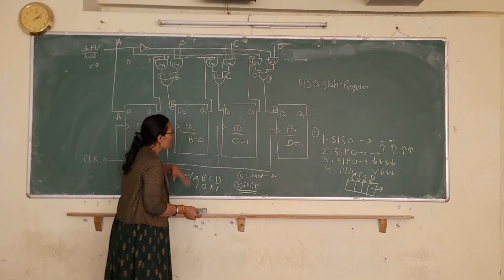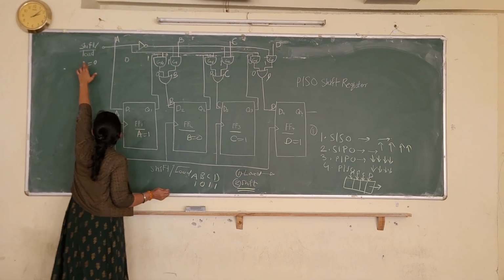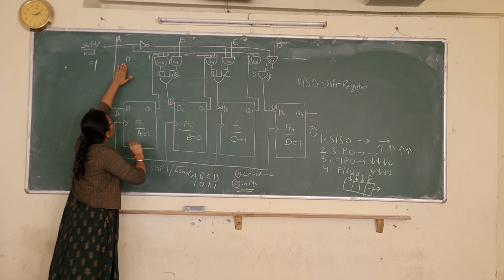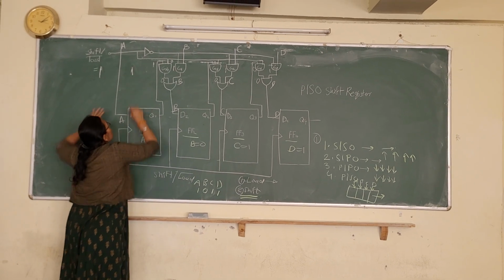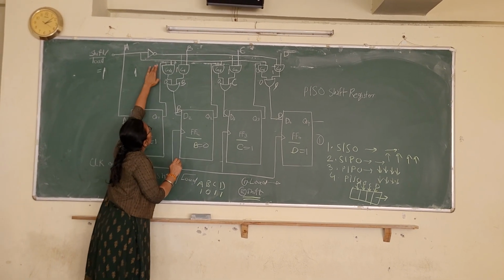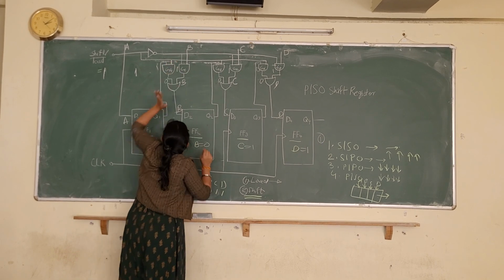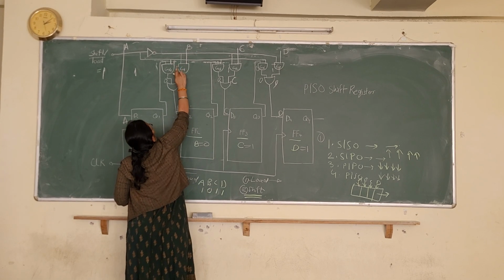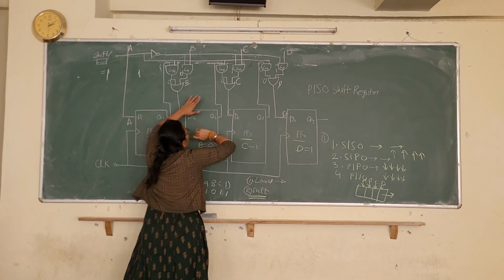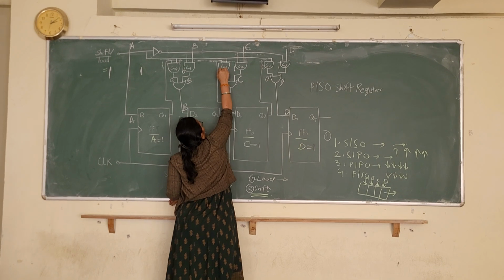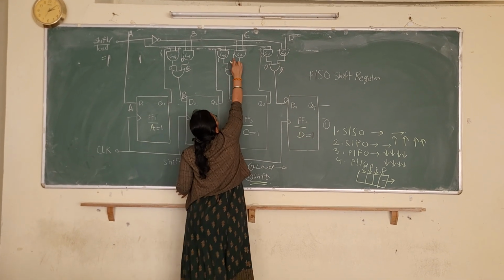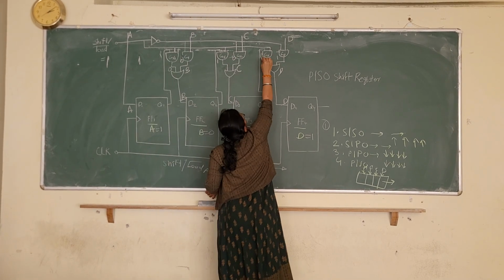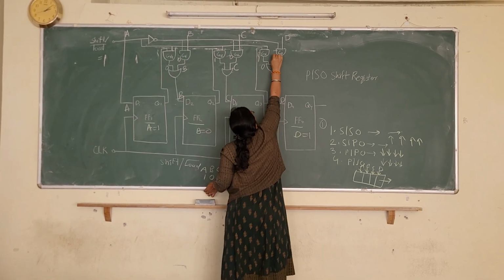That will be possible when your shift/load line is 1. So you will take the shift/load line as 1. Here you are getting 1, and the output of this inverter is 0. That's why these are going to change here. Here is your 1, and here you are getting a 0, and here again a 1, and here a 0. The output of the inverter is now 0, and for this case 1, and here you are getting a 0.